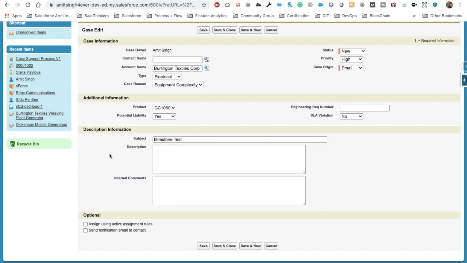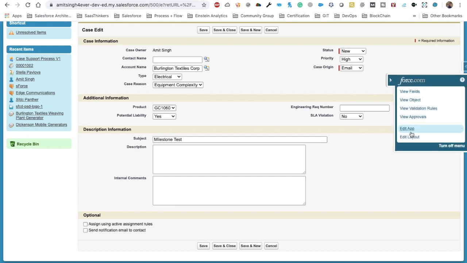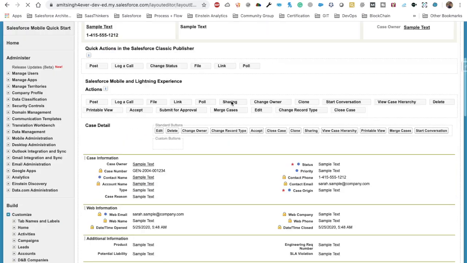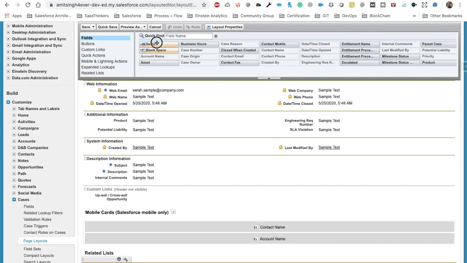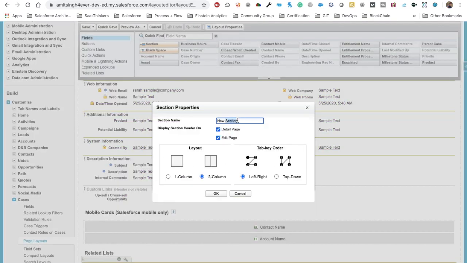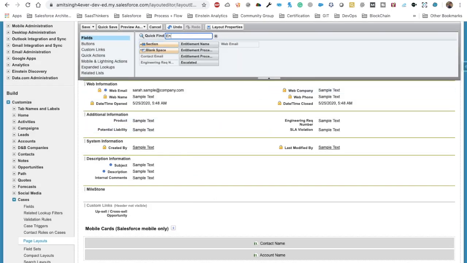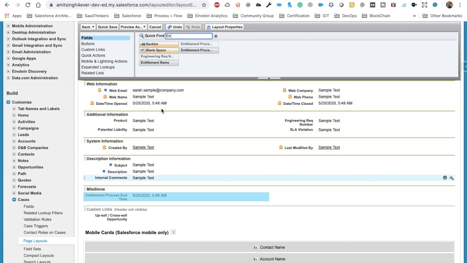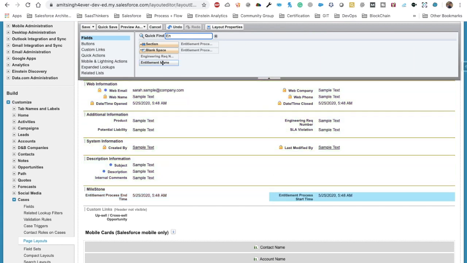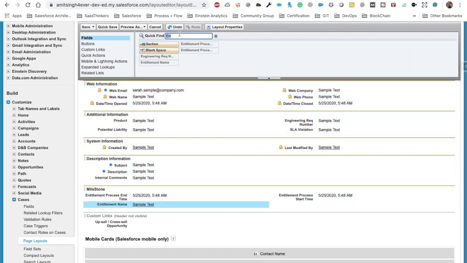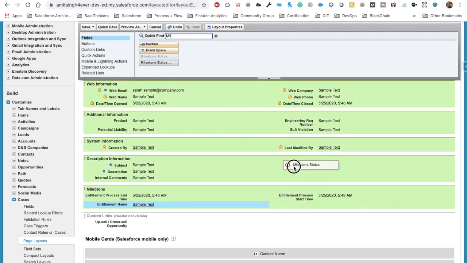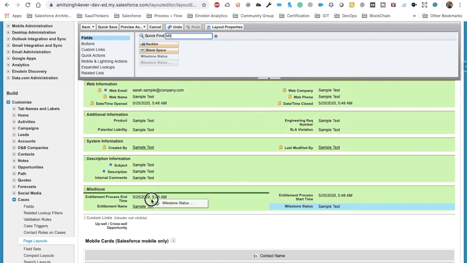And you see here there are a few fields which are missing. What are the fields that are missing? Those fields for which we just provided the field level permission at the profile object. So what I'll do is create an action here and call it milestone. It will be a two column section, and then I will add all the fields related to entitlement here. There might also be some fields related to milestone, so we just need to drag and drop those fields as well.